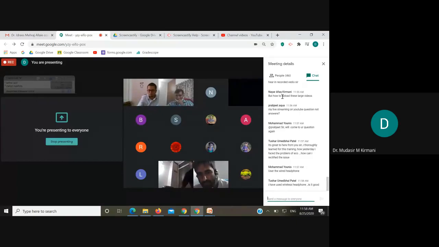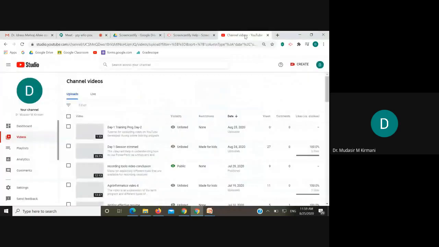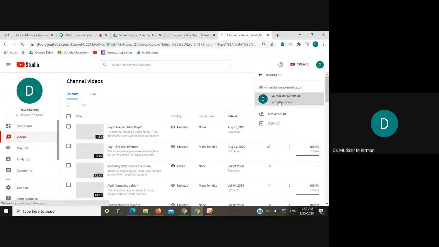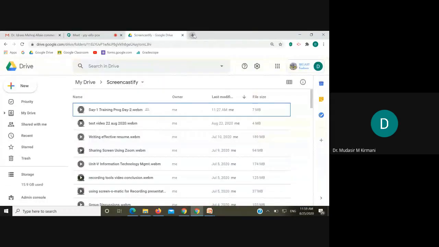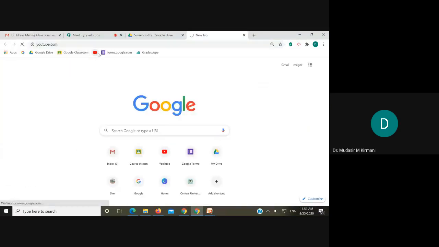Now, Mr. Prabjeet is mentioning that for streaming videos, there are different methods. Streaming videos means you want to put a video live in a particular session. Then there is an option in your YouTube channel also: once you go to YouTube Studio, you will find a live button over there. And there you can record the video, and you can stream the video, whatever you like. There is a stream button on YouTube, so you need to check that.